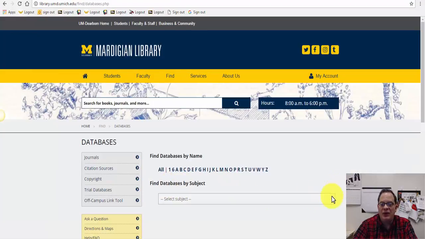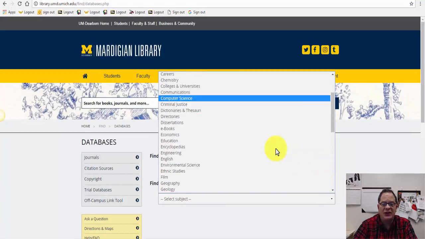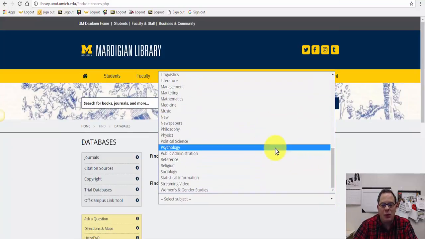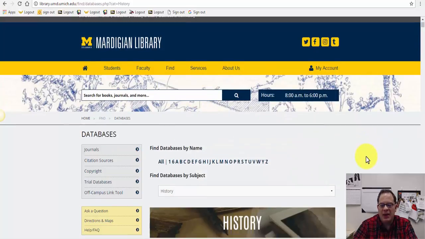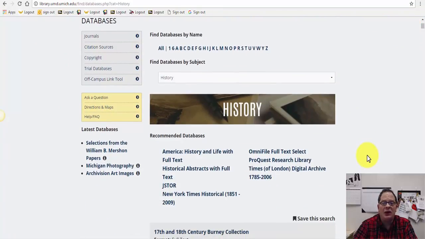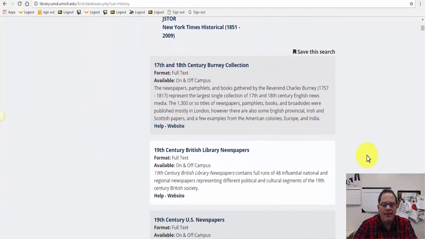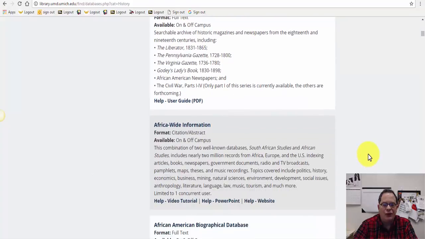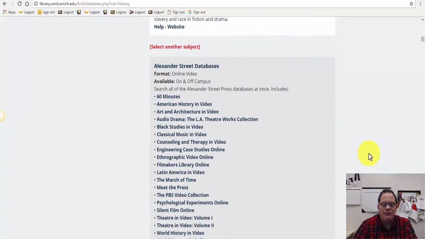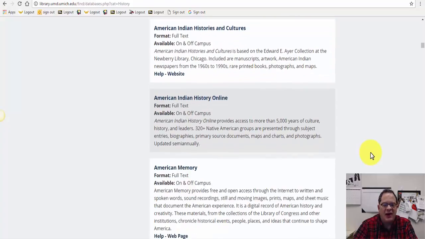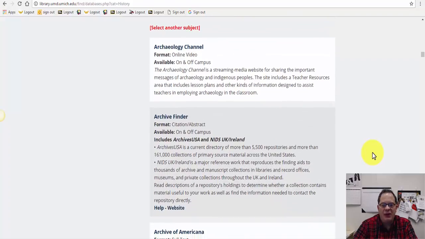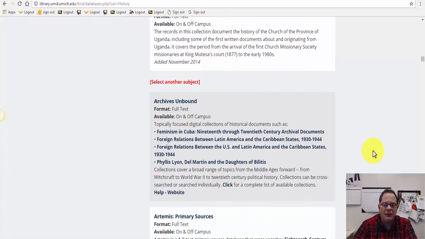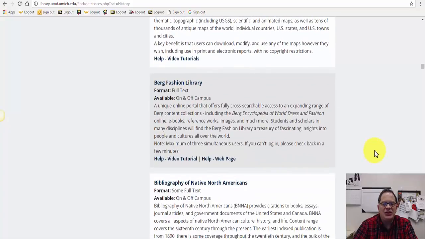Then we are going to once again go into the history section and look for the database that we want to search through. So again, we are looking for history, and you are going to once again see all of the history databases that are available at the University of Michigan Dearborn. We're going to scroll and look for the Brill database. This should be closer to the top because it does start with the letter B, but once again, you're seeing the number of databases that the library has available to you. So we will eventually get to Brill,